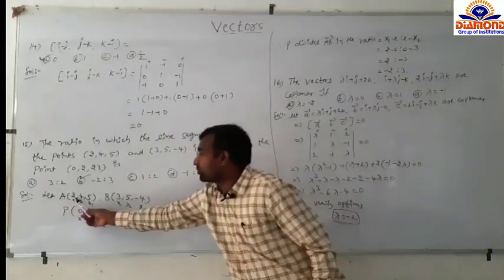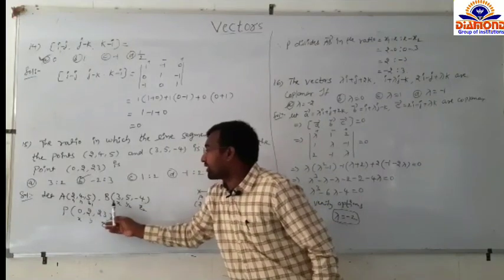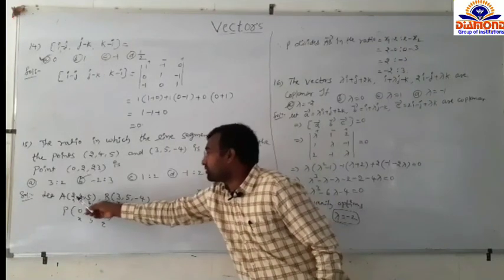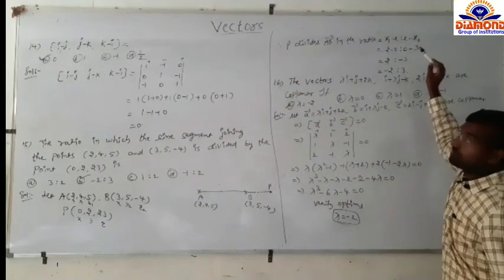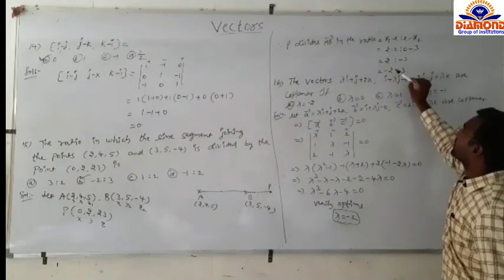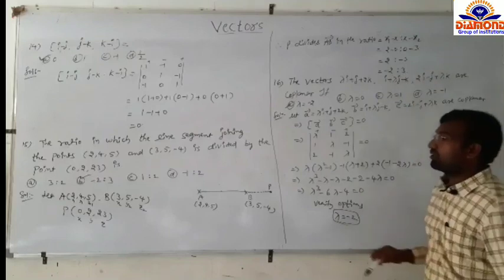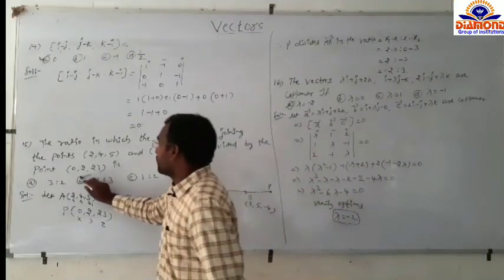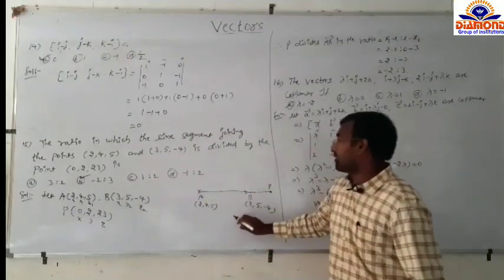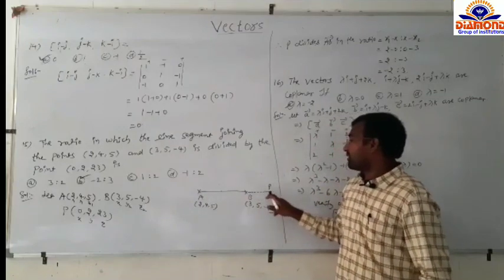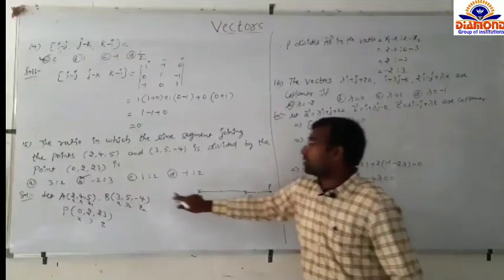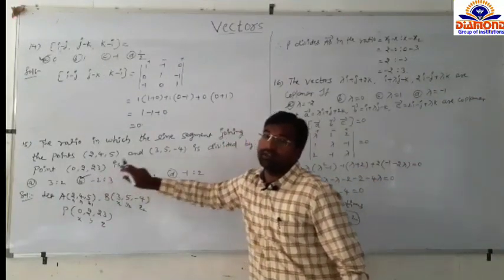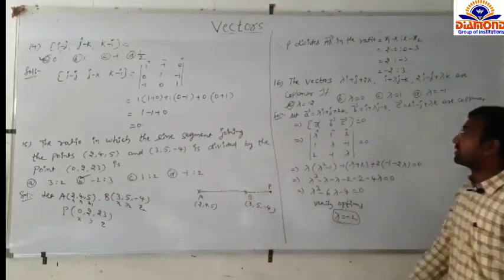What is x1 here? x1 value is 2, x value is 0, x2 value is 3. So substitute values: 2 minus 0 is to 0 minus 3. So 2 is to minus 3. This is nothing but minus 2 is to 3. So option is B. So that's why the diagram is like this. Suppose AB is the line segment, P is dividing outside, externally only. So P divides AB in the ratio 2:3 externally. So that indicates minus 2:3.